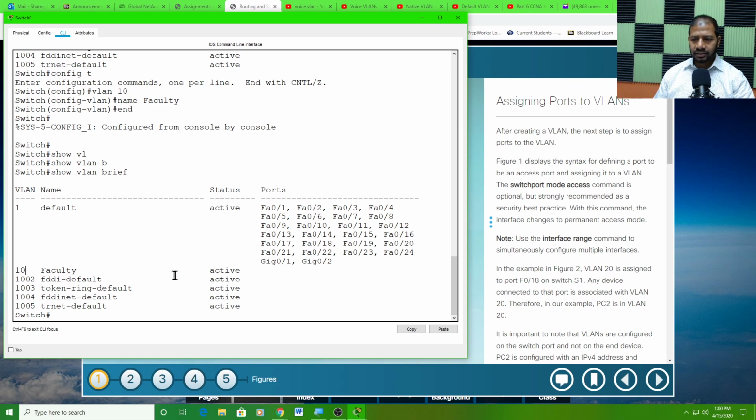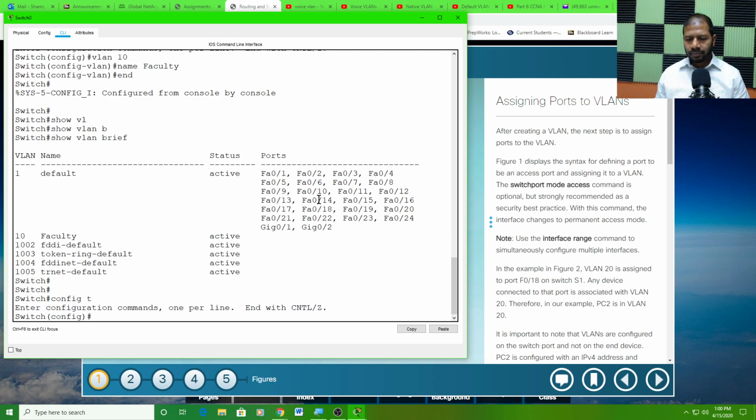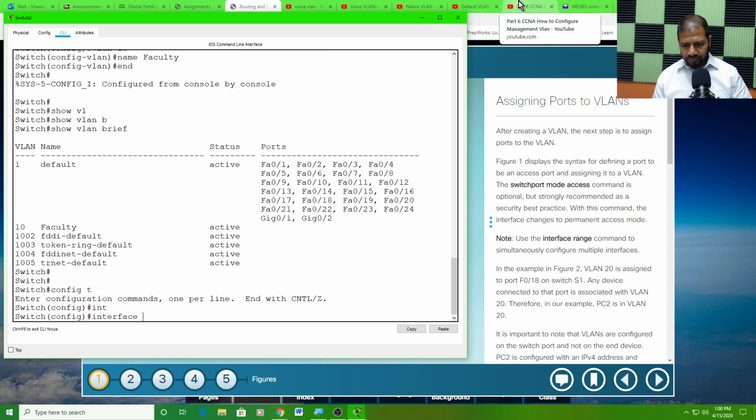So here is my VLAN 10, right? I want to assign port number 1 to 5, all of these 5 ports, to this VLAN 10. How do I do that? Well, let's go to the global config mode. Config T. Okay. Now, whatever interface I'm talking about, I need to go to that interface mode first. Since I'm going to do 5 interfaces, I'm going to do a range. I'm going to type interface range,